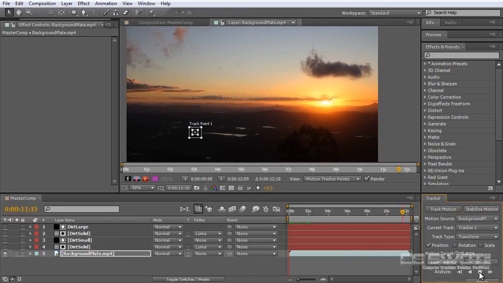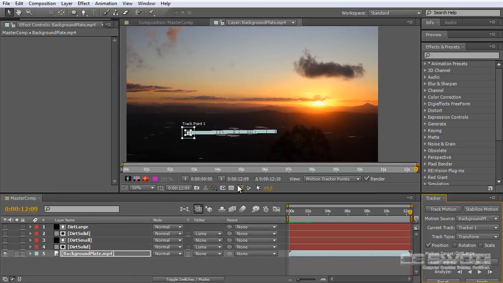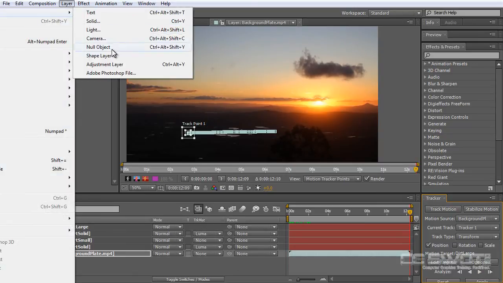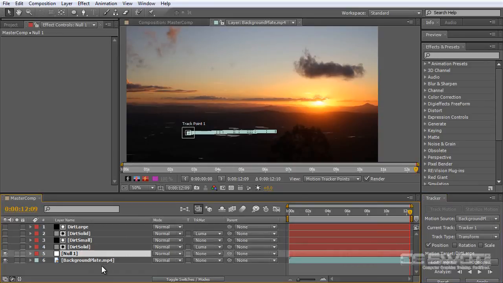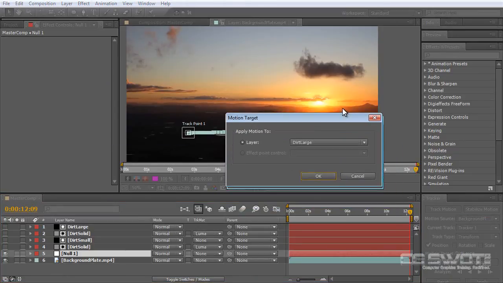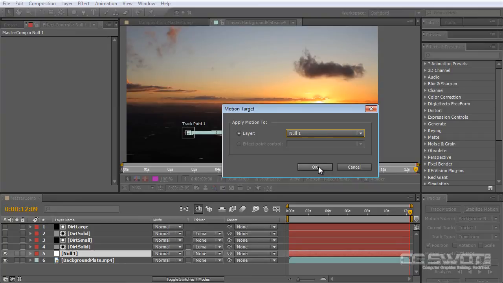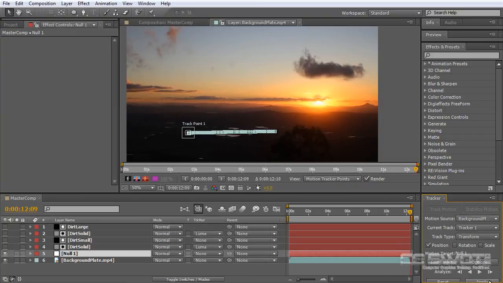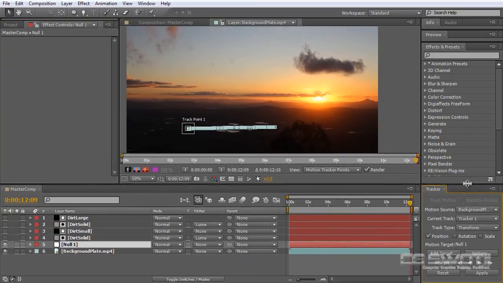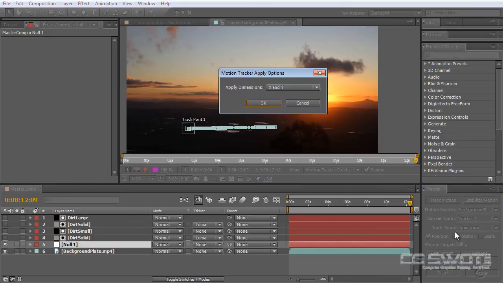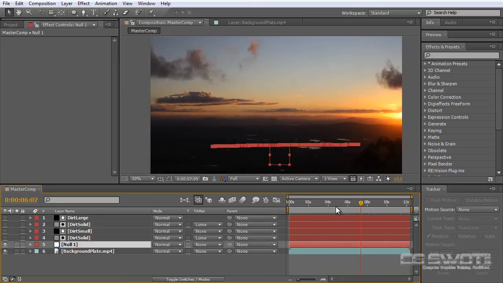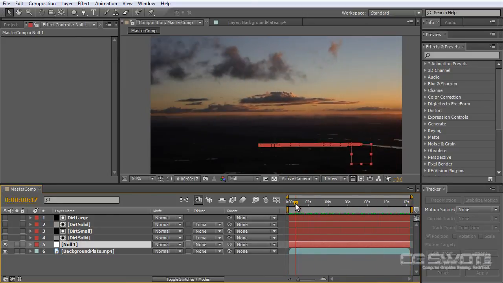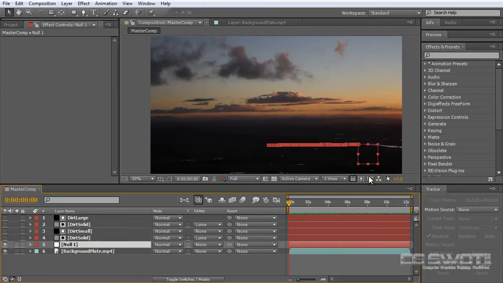That seems to be tracking nicely. So we've got that track now. What I'm going to do is go Layer, New, Null Object. I'm just going to drag it down on top of my background plate, and I'm going to Edit Target, making sure that the null object is selected. Go OK, and then I'm going to give myself a bit of room here, and I'm going to apply in the X and Y and go OK. So now I have a null object that's tracked to the movement of the camera via a target track in